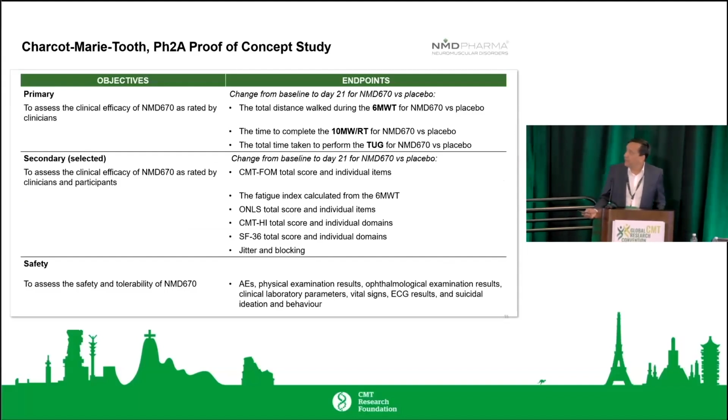The primary endpoint of the study is the efficacy of NMD670, and we're going to be measuring the 6-minute walk test and comparing the delta between baseline and the endpoint at 21 days, comparing the placebo and the active drug group. But we're also measuring the 10-meter walk run and the timed up and go that you may be familiar with, in addition to the CMT form that includes a couple of these, and many other neuromuscular function tests. We're also measuring fatigue, which will be calculated from the 6-minute walk test. We're also measuring the CMT HOST to understand how the patients score themselves,